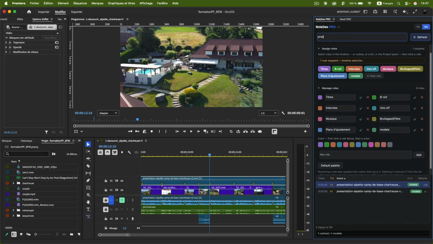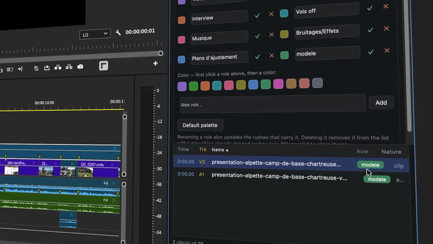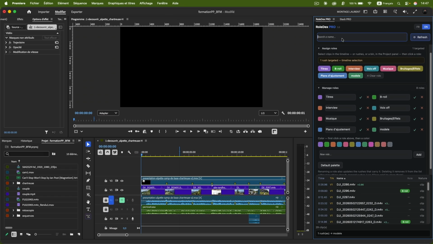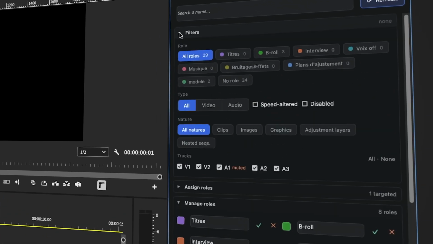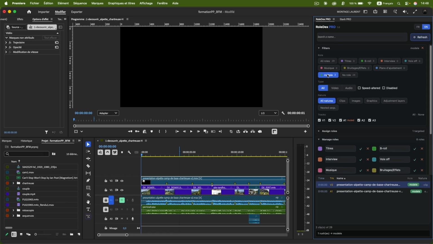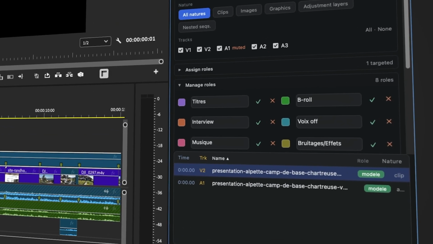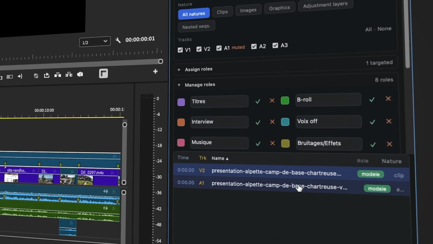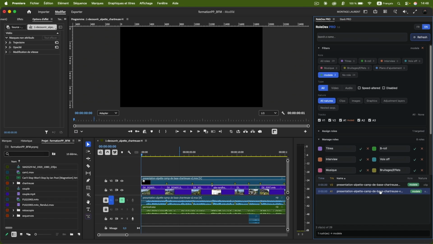If I search for it right now in the system, I'll be able to find it on my own, even without using a search engine. And that's also its advantage, the actual ability to filter. Now, if I go back to the filter section, well, model will appear. I click on it. So why do I have two entries here? Quite simply, because this shot is synchronized with audio, and automatically this audio will also be assigned to this role